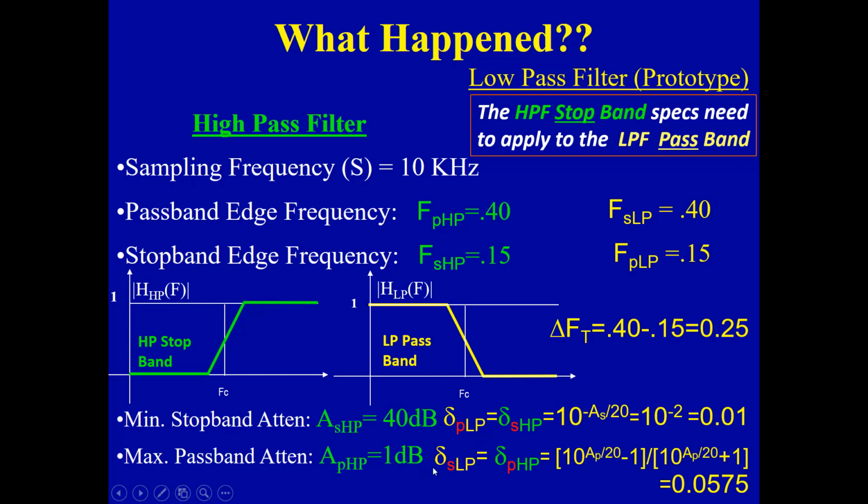And similarly, the 1 dB attenuation for the stop band of the low pass filter becomes a 0.0575 amount of ripple in linear terms in the pass band of the high pass filter or the stop band of the low pass filter. So these are the specs that we should be paying attention to if we're looking at the ripple amounts at